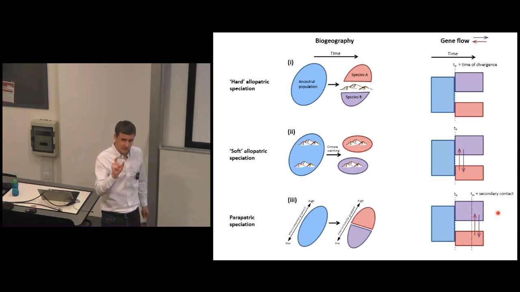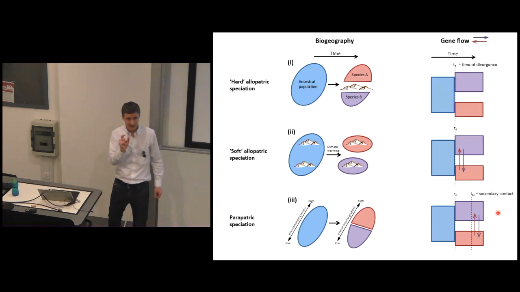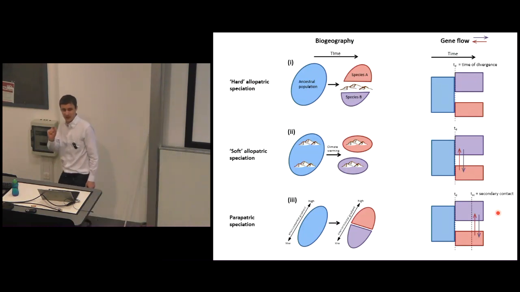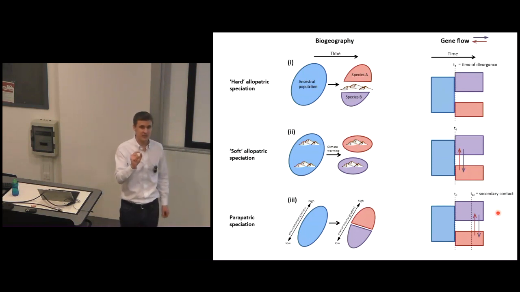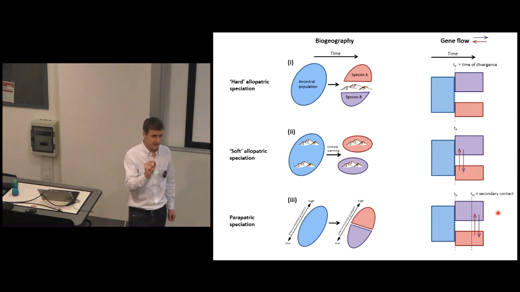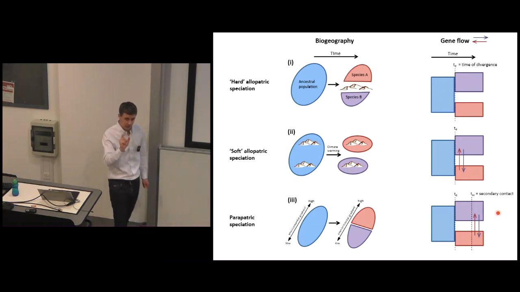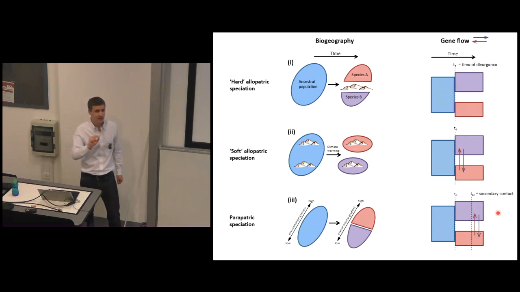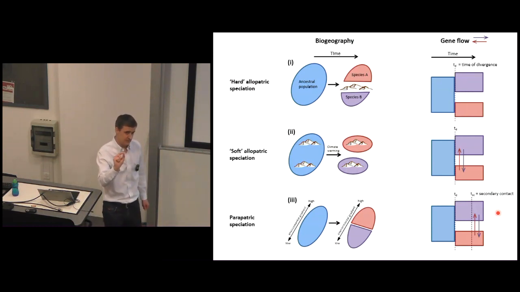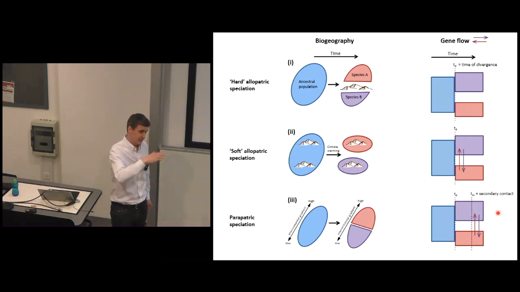So the key challenge out there, and I'm not going to be able to solve it, but I wanted to finish on this, hoping that there might be some collaborators here who can help us think through this. I think there are methods out there, but it's a big challenge. We've got the data, but the challenge is not just can we identify speciation with or without gene flow, but can we go the extra step of identifying whether that gene flow is primary, it occurred at the time of speciation, or its secondary contact.